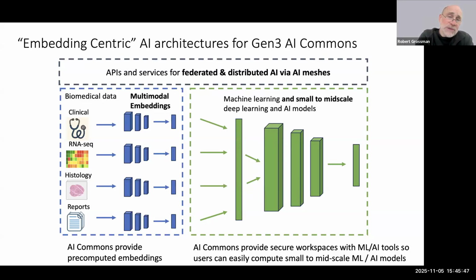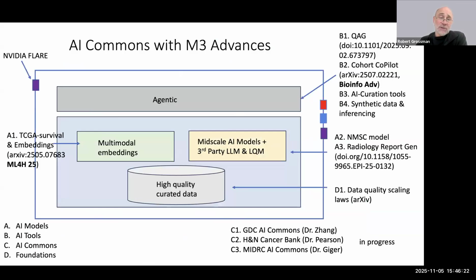And so we're doing inference. A particular model only needs to inference with the multimodal embeddings. So that's local, that's very efficient. And then you could build small to mid-scale models on the right, either in workflow execution services or workspaces. Again, we're taking the point of view, not that you can't build more complex commons, not that you can't integrate a lot more in there, but that we want the simplest architecture that might survive. So, this is just another way of looking at it.